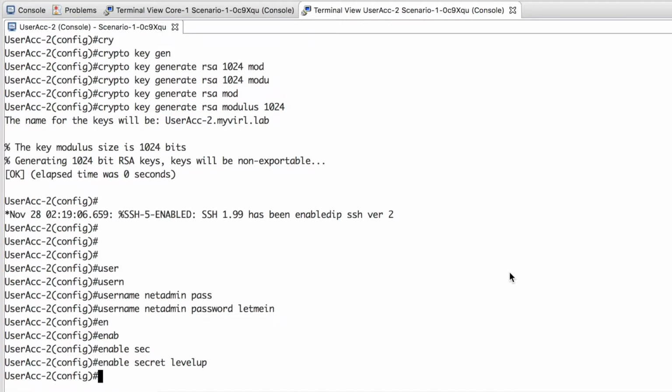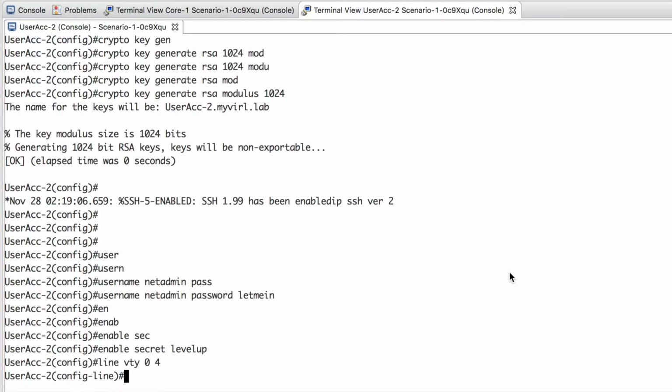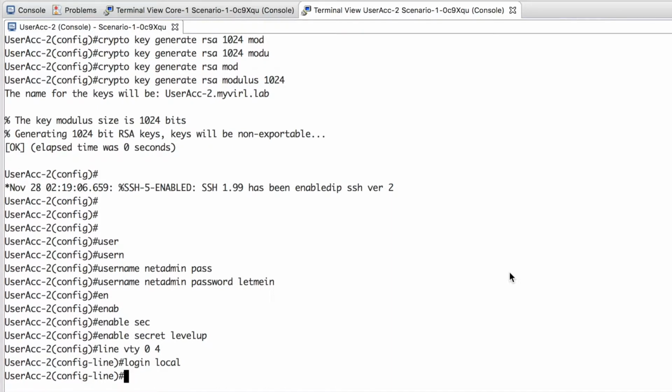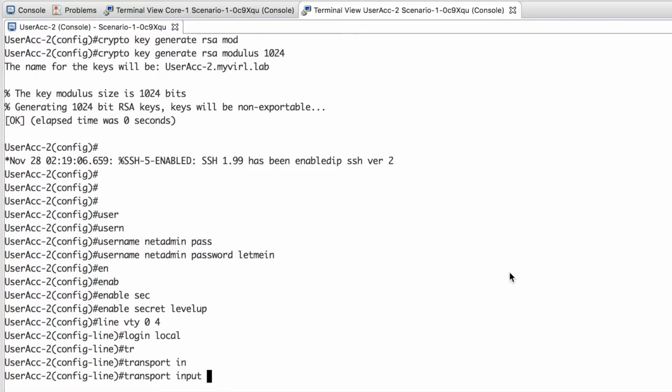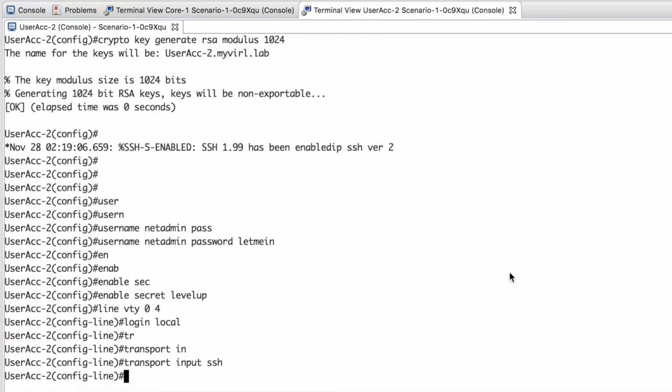Finally, to complete the remote access, we need to configure the VTY lines to allow login via SSH. So we'll go into line vty 0 through 4, login local. This will tell the switch to use the username that we just configured, and we'll define the transport input to be SSH only. So transport input ssh. Now we have that configured,